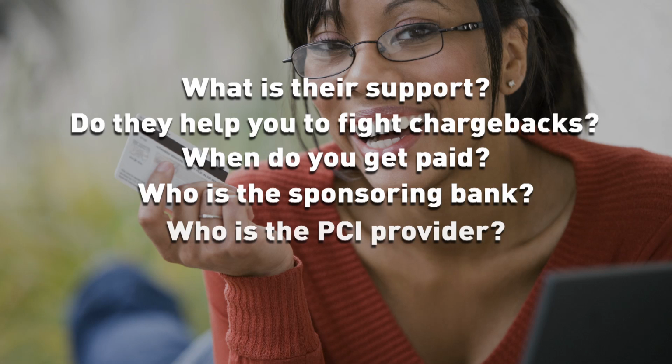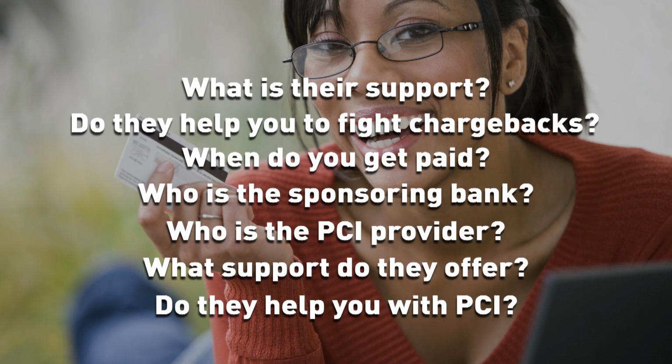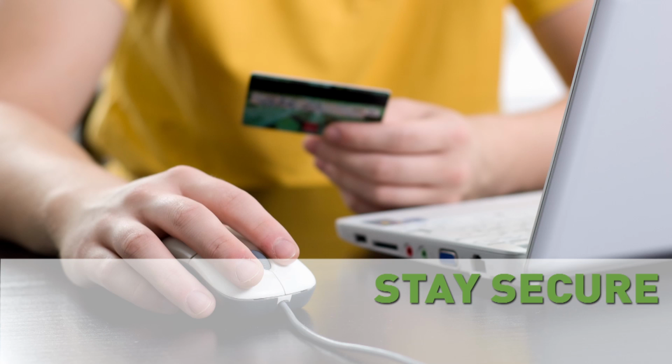Who is the provider for PCI for your merchant service provider? What is the support they offer? Do they guide you through the program? Do they help you understand the requirements? And do they help you understand what you need to do to be and stay PCI compliant? Very important. In this particular case, we're going to look at a little bit of security, but it's a very,